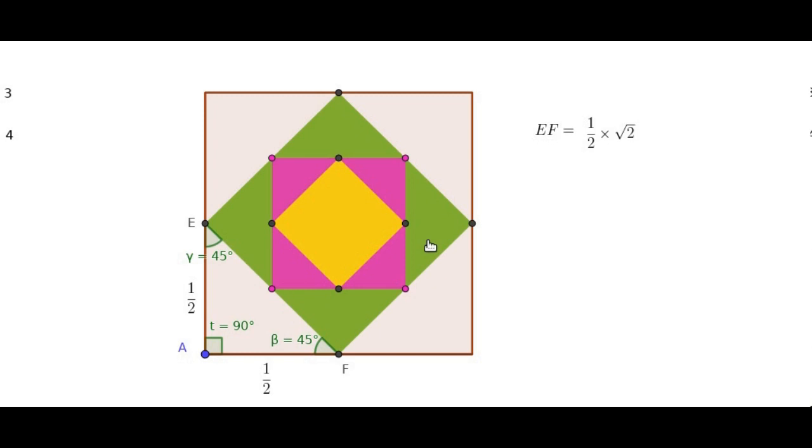If we write the area of these squares successively, we get another pattern: 1, 1/2, 1/4, 1/8. The 1 is the area of the outer square, 1/2 the area of the green square, 1/4 the area of the pink square, and 1/8 the area of the inner square, that is the yellow square. From this example, we get a number sequence with fractions. This is an example of a number sequence having fractions.